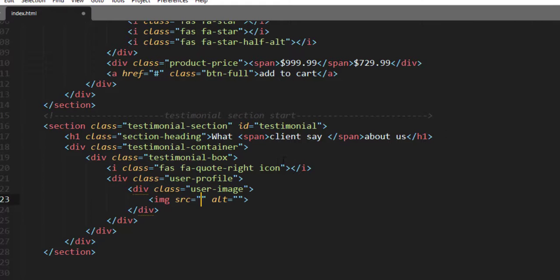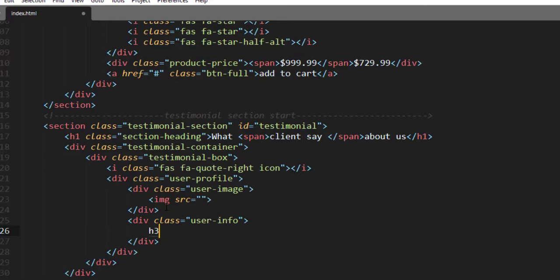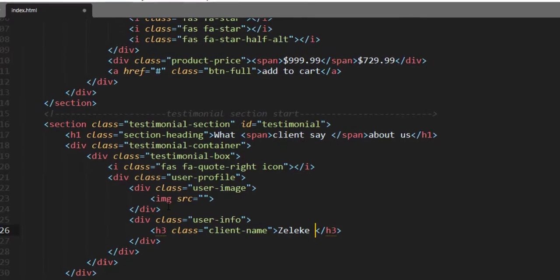Inside this div we are going to add an img element right here, and then outside of this div element having a user image class selector, let me create another div element having a class name user info, and then inside this div element we're going to create an h3 element having class name client name,